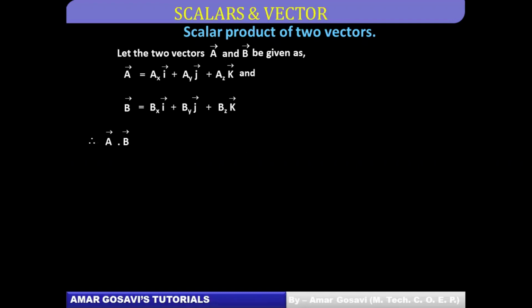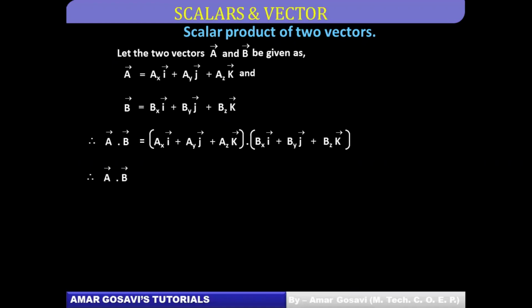So a bar dot b bar in this case will be given as bracket a bar multiplied by bracket b bar in 3 dimensions. That means there are 3 terms which are to be multiplied by 3 terms. So 3 into 3 means we are going to actually get 9 terms over here. And one has to be very conscious about it. Okay, so I'm just starting the operation of multiplication over here. Please pay attention. Be focused on this. Okay, let's move ahead.